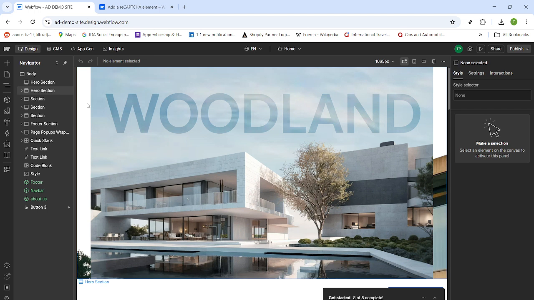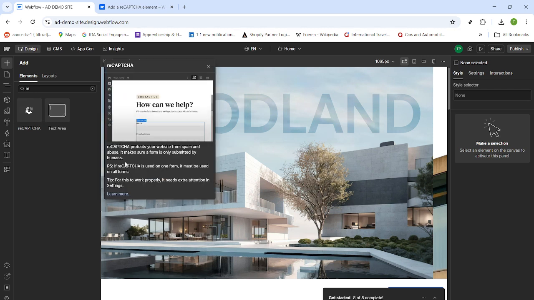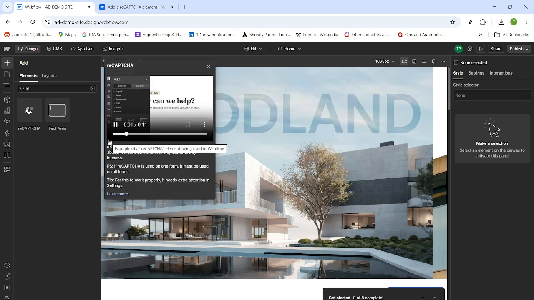That's the process. Open your project from the dashboard, select your form in the Designer, use search to quickly locate reCAPTCHA, enable it, read the on-screen guidance, and make sure all forms in the project follow suit. When you're done, your forms will have a strong first line of defense against unwanted submissions, while keeping things